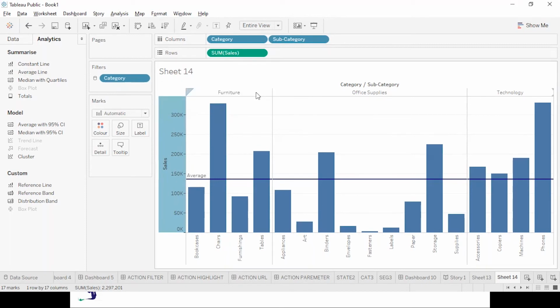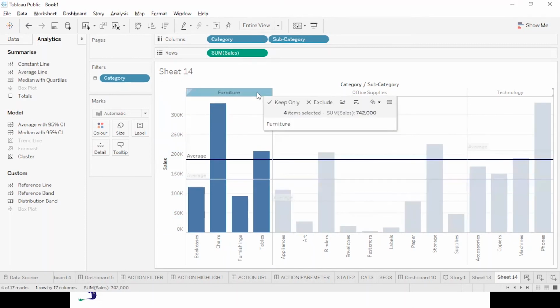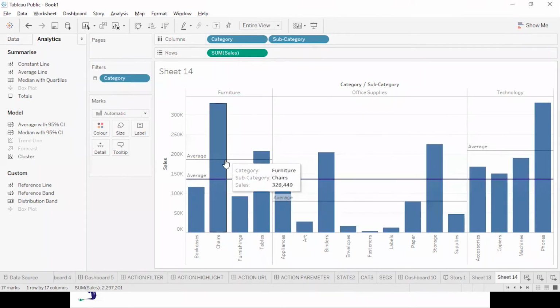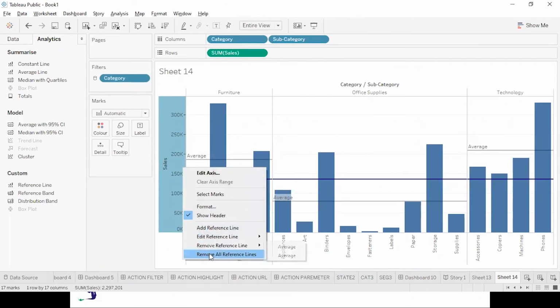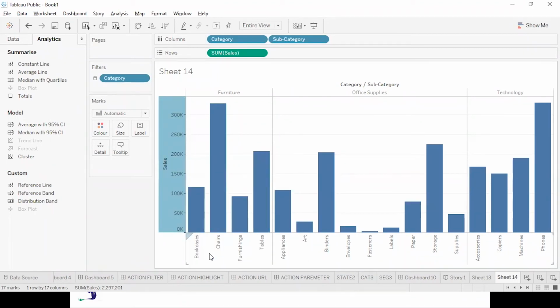Let me put it on the pane, and now I am getting a reference line for the pane. I hope you remember the difference between the pane and the table. When we say the pane, the average in furniture indicates the average of the subcategory sales generated by the furniture subcategories. Again, I can right click over here and remove all reference lines.